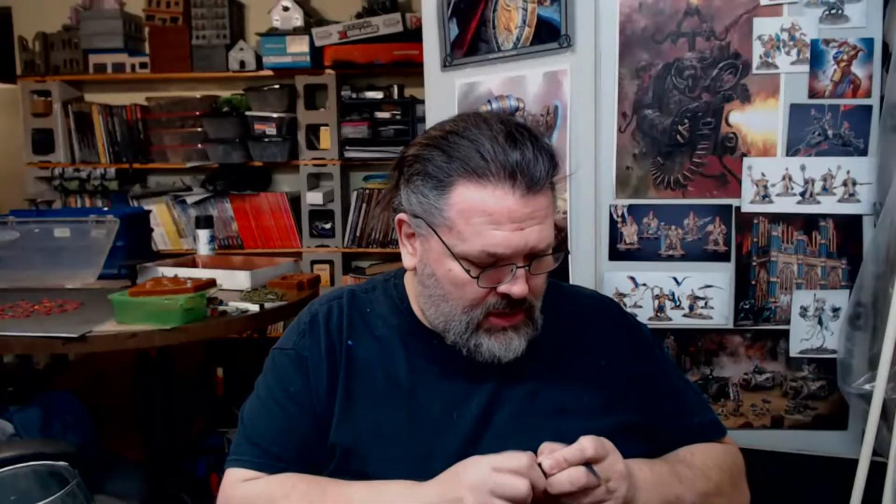So this is what's on the bench, as you guys can see. And then after I'm done with this guy, I have an escalation league for Age of Sigmar that I'm getting into. You might notice I've done a little bit of rearranging, so I won't have to reach as far to find paints. I'm getting into an escalation league for Age of Sigmar, so I need to get some more of my